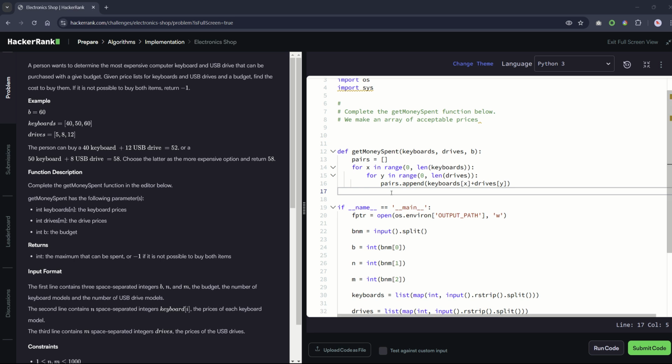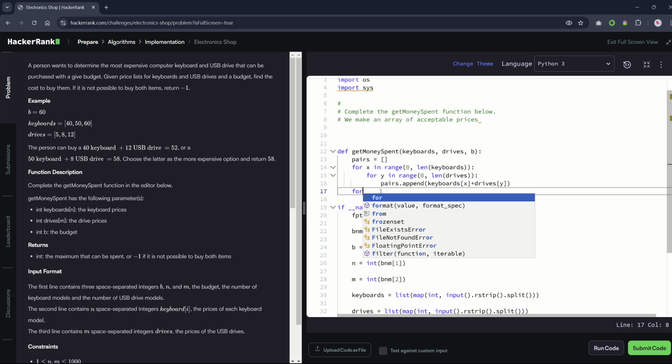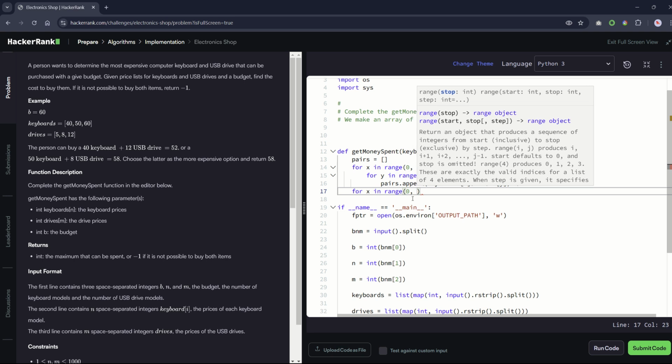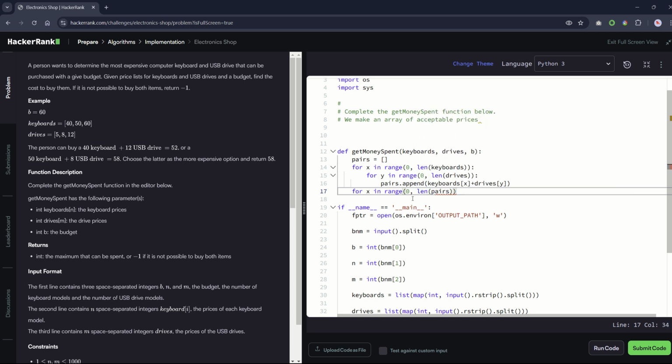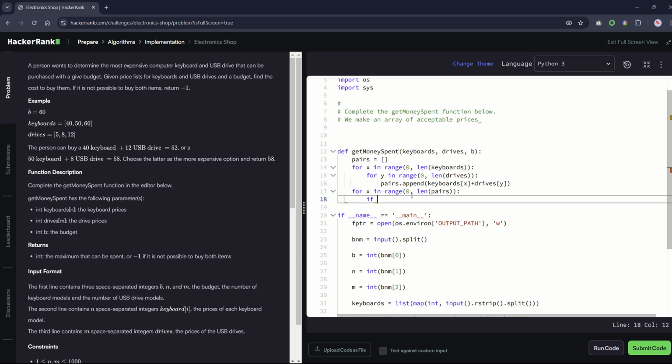Okay, so to check if an array is empty, you just do if array. And then if it's full, it will return true. If the array is empty, it returns false. Then for x in range 0, length of pairs, if pairs, oops, let's do A just for safety. So if pairs of A is less than or equal to B,